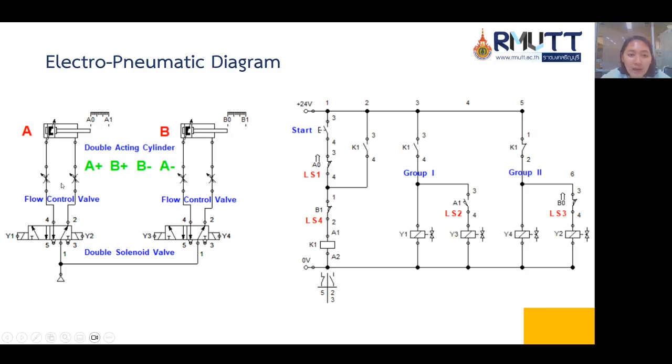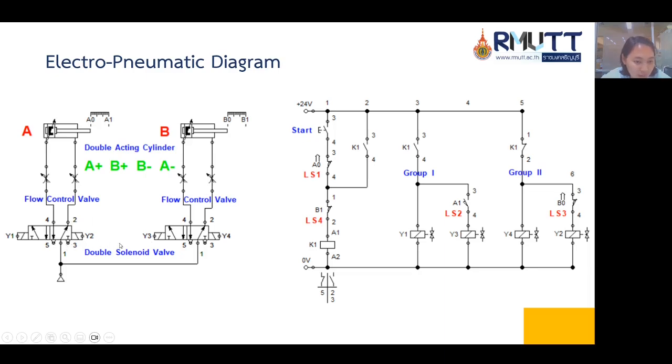And this is the electropneumatic diagram that I made in FluidSim. This is the symbol of the double acting cylinder with two positions, A0 from limit switch A0, and this is A1 from limit switch A1. And this is also cylinder B with two positions, B0 and B1. And there are four flow control valves that will make the cylinders move slowly.